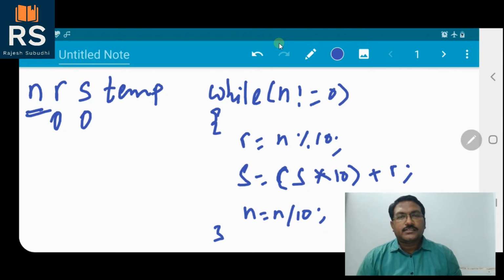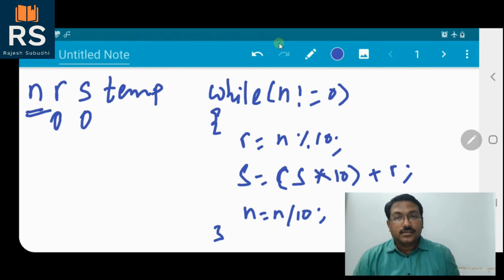Whenever the user gives the number to the program, the number will be stored in n, and at the end of this loop the n value will be changed to 0, as we saw in our previous video. So how can we check whether the given number and the reverse number are equal or not?